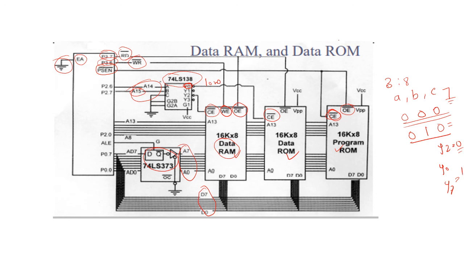There is no switching in the lines. The switching is done only with the help of the chip enable signals, which activate only one particular memory at a time, so that the data sent to the data ROM will not be received by the data RAM. Similarly, the data that is read from the program memory will not be read from the data RAM. This is taken care of by the chip enable signal, which enables only one particular memory at a time. This is how we can interface multiple memories to the microcontroller at a time.